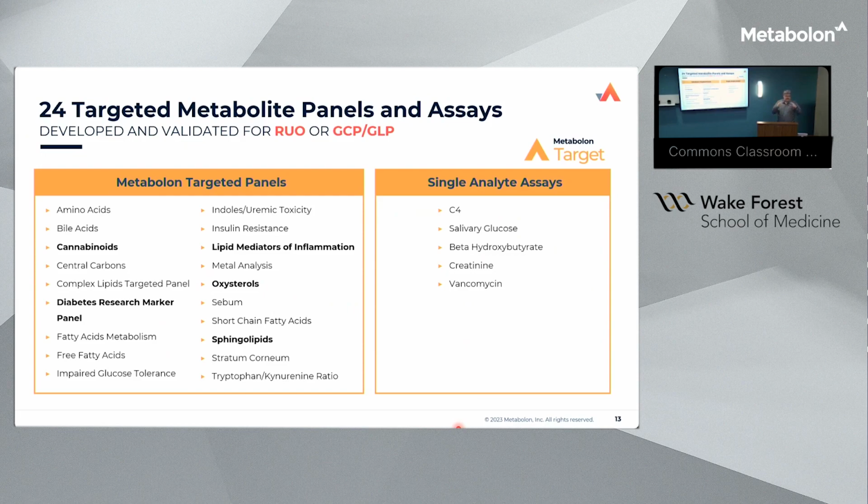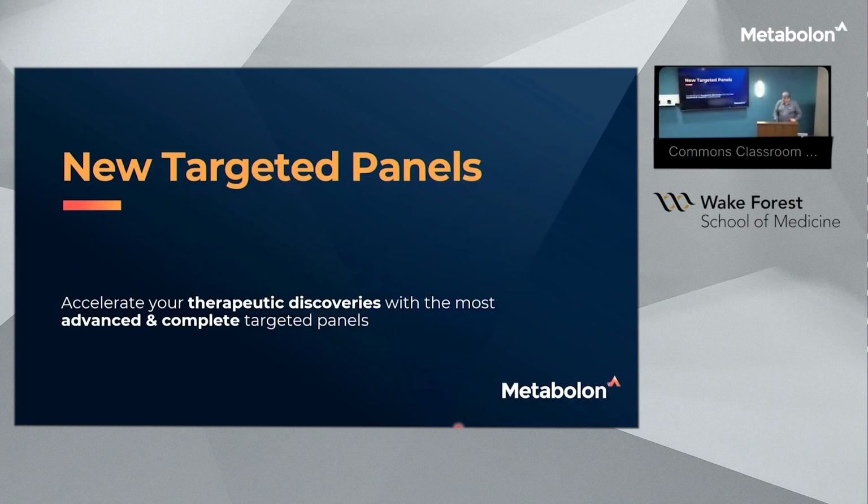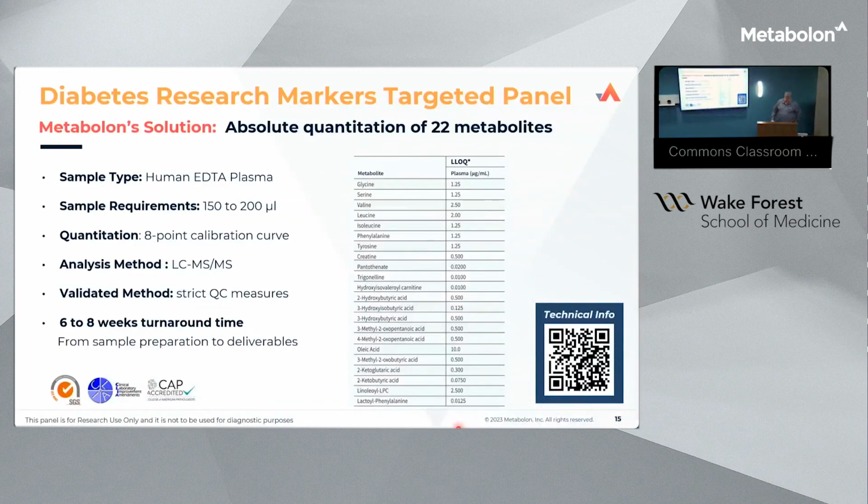So really being able to have a biological focus of the targeted panels. And just to give you 2 examples of this is the one that we know as the diabetes research market targeted panel. And as you can see through this list of metabolites covered on here, some amino acids, some hydroxy organic acids, and even a lipid on here as well. So covering quite a nice diversity of biology in one panel and really giving insights into what has happened on